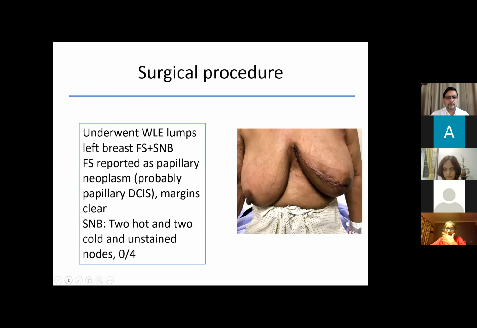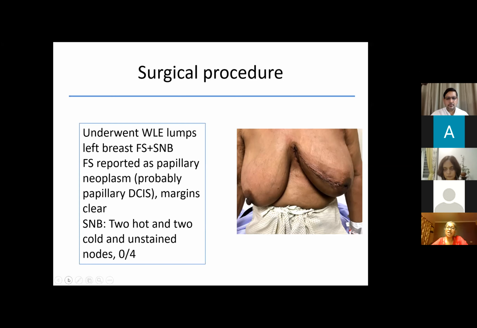So considering the time, and she was already quite upset about the fact that despite multiple biopsies, she could not get any diagnosis, her age, and the peripherally located firm suspicious tumor, we went ahead and did a breast conservation surgery. It was done by matrix rotation, and at the same time we did frozen section and sentinel node biopsy. And for sentinel node biopsy, we have to do a pre-planning, inject and everything. So this was what was the best plan for her in that situation.